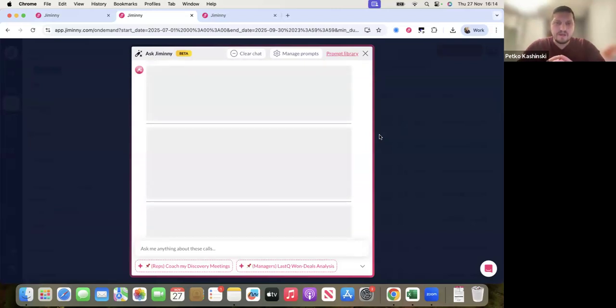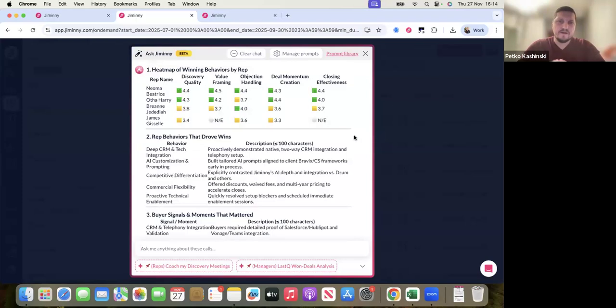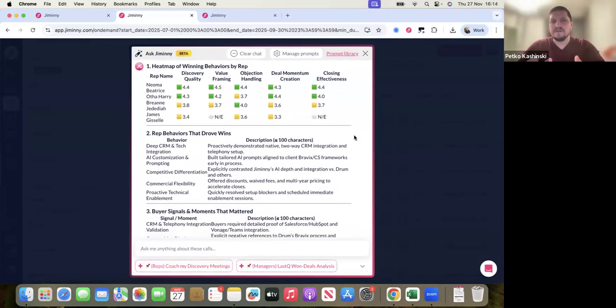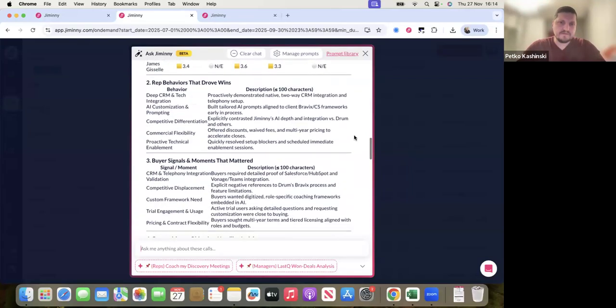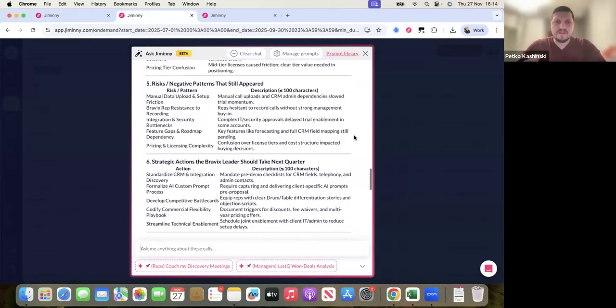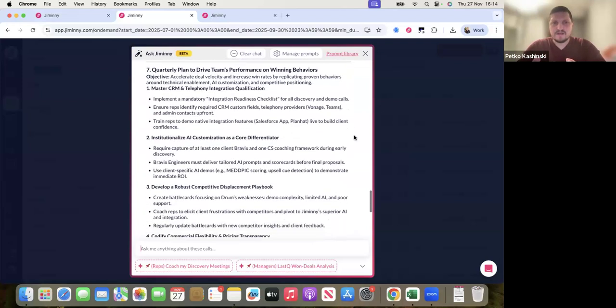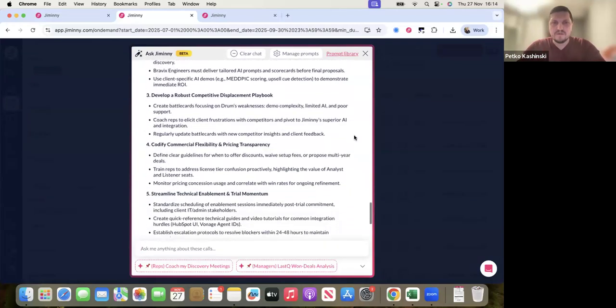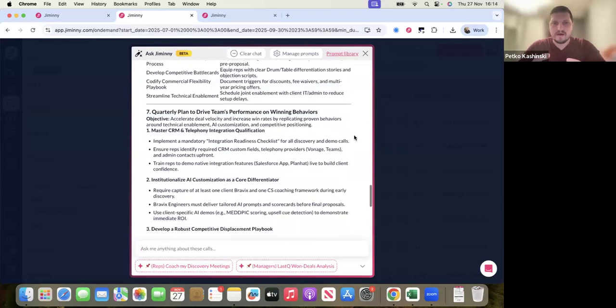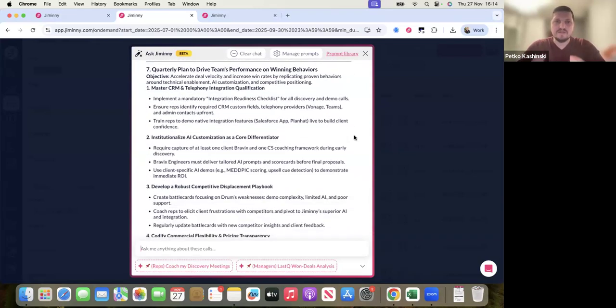And now very quickly, I can see where exactly is the lacking of performance across all of my team and how we can drive performance. Now, Lauren, can you please just scroll down a little bit to the bottom? The other piece is that all the data that's been analyzed, our panorama is going to give you the quarterly plan, how to implement these best practices through the next quarter.